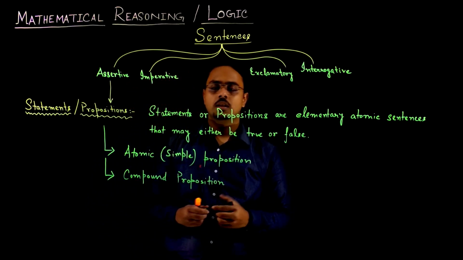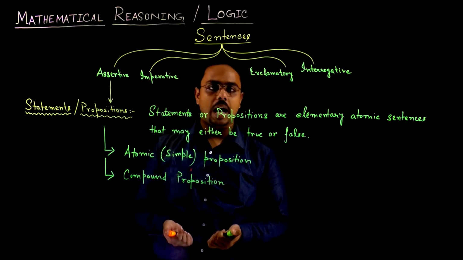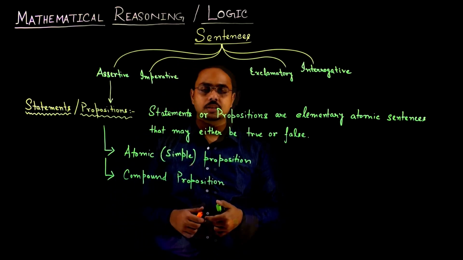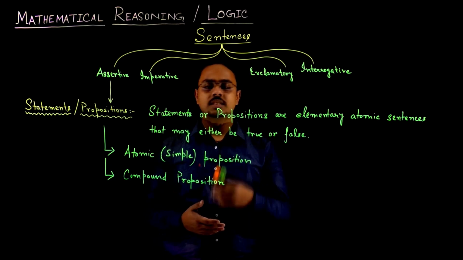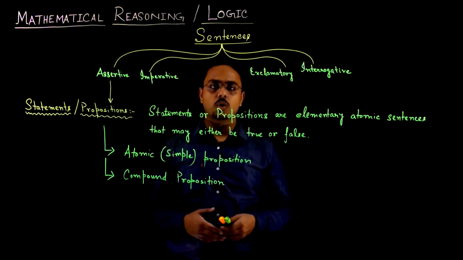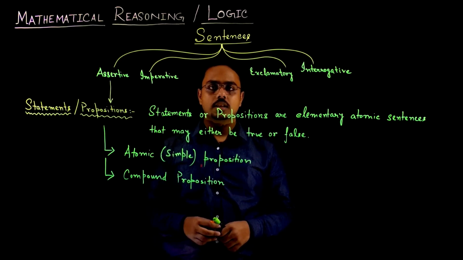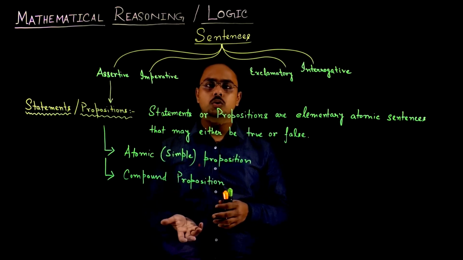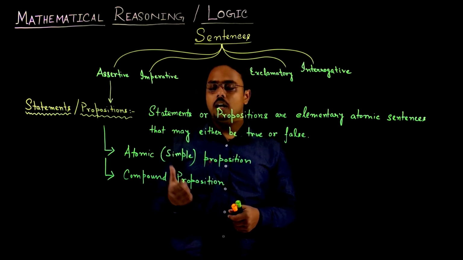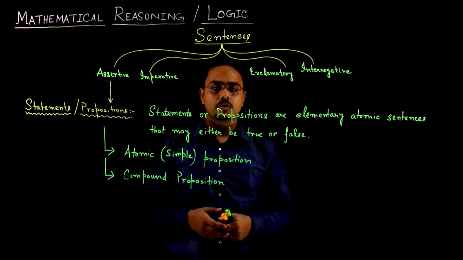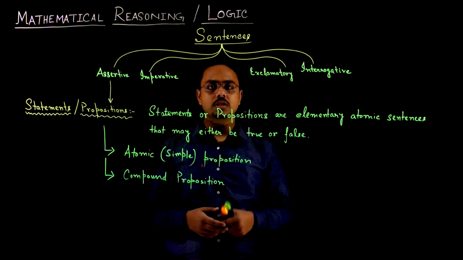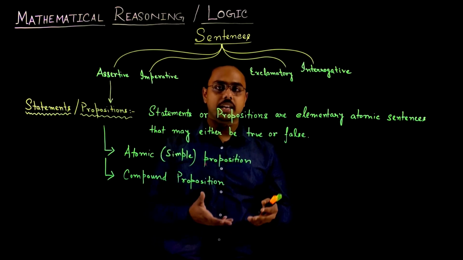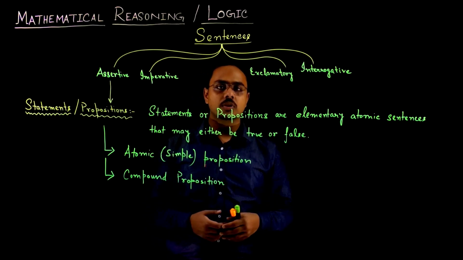Okay, so one is atomic proposition and another one is compound proposition. So what are atomic propositions? An atomic proposition or a simple proposition or just an atom is a symbol that generally starts with a lowercase letter and it may be either true or false. Okay, a compound proposition is generally formed from atomic propositions using various connectives like and, or, not, if then, if and only if, this kind of connectives.